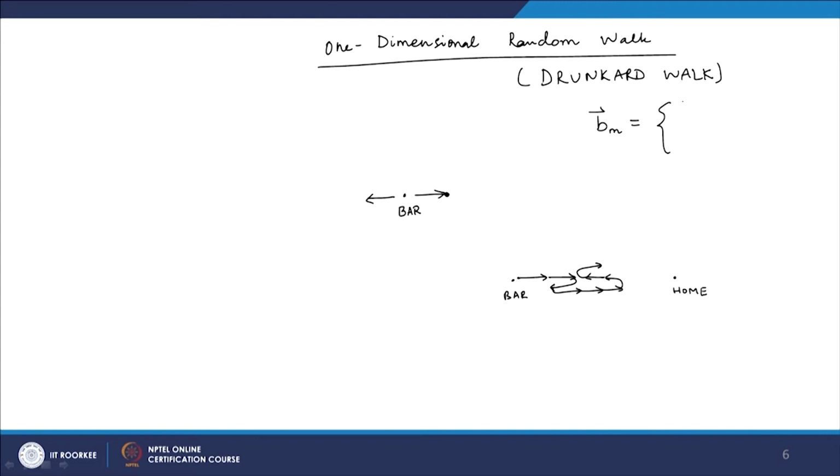So, either it is something like plus b along the x direction, that is my unit vector in x direction, or it is say minus b in the x direction when he is going to the right and when he is going to the left, and both of them have equal probability to occur. Okay. So, now again if he is making capital M steps,